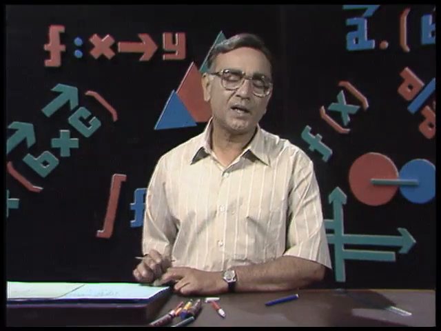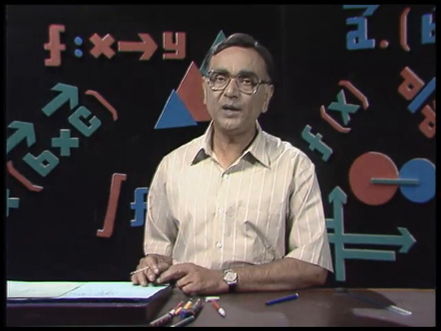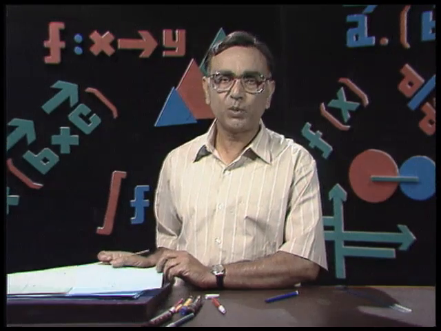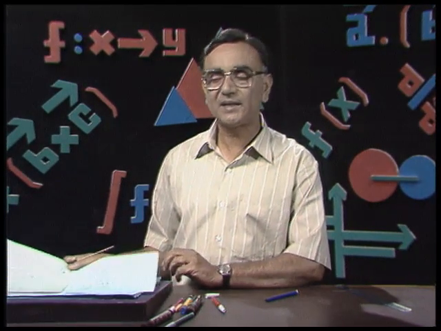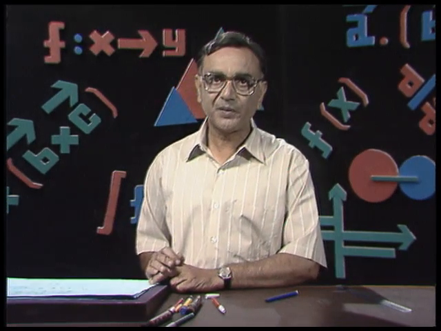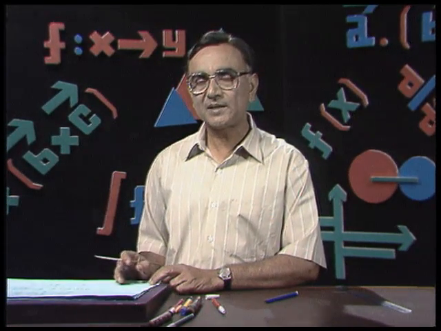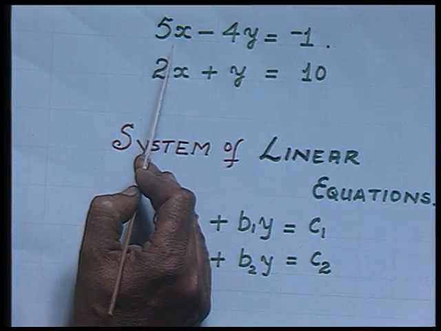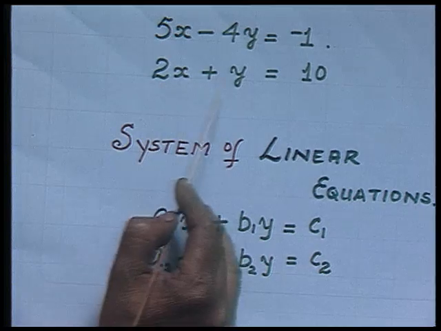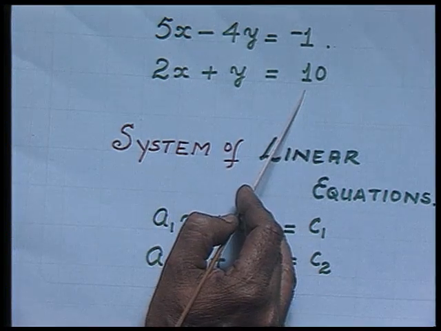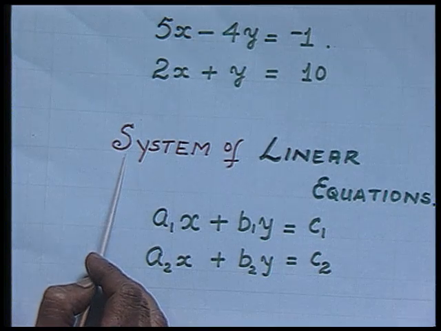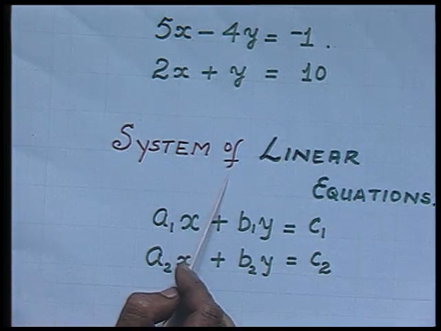So that was the one equation. And how did we get the ordered pairs for that? This plotting we had learnt in the last lesson, and we had very quickly had a recap of that. But in case I have two equations, the equations being 5x minus 4y equals -1 and 2x plus y equals 10. So these are the two linear equations, and these two linear equations together will form a system of